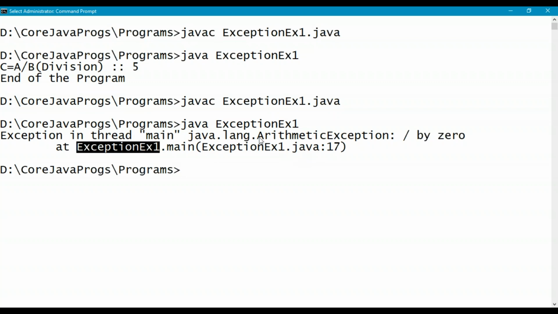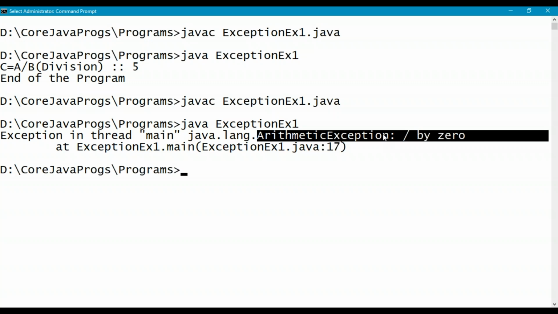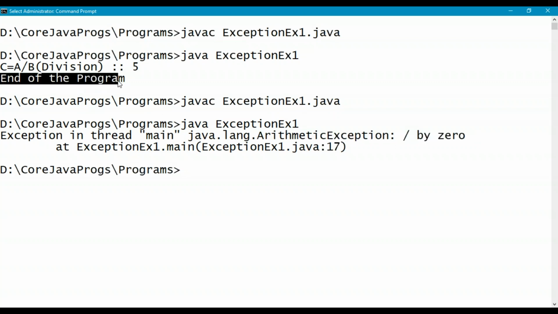And what is the type of the exception? We got it as ArithmeticException. And what is the message of the exception? Division by 0. This is the exception message. This is called abnormal termination of the program at line 17. Here we did not get the end of the program.